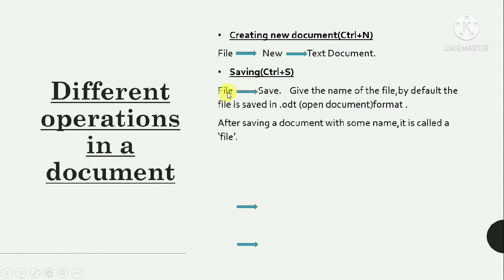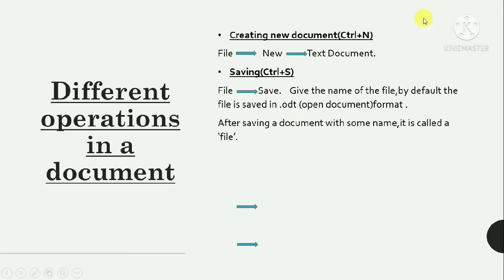The next operation is saving. To save a file, we have to go to File, then Save, and also give the name of the file. By default, the file is saved in .odt. It is the extension of your file.